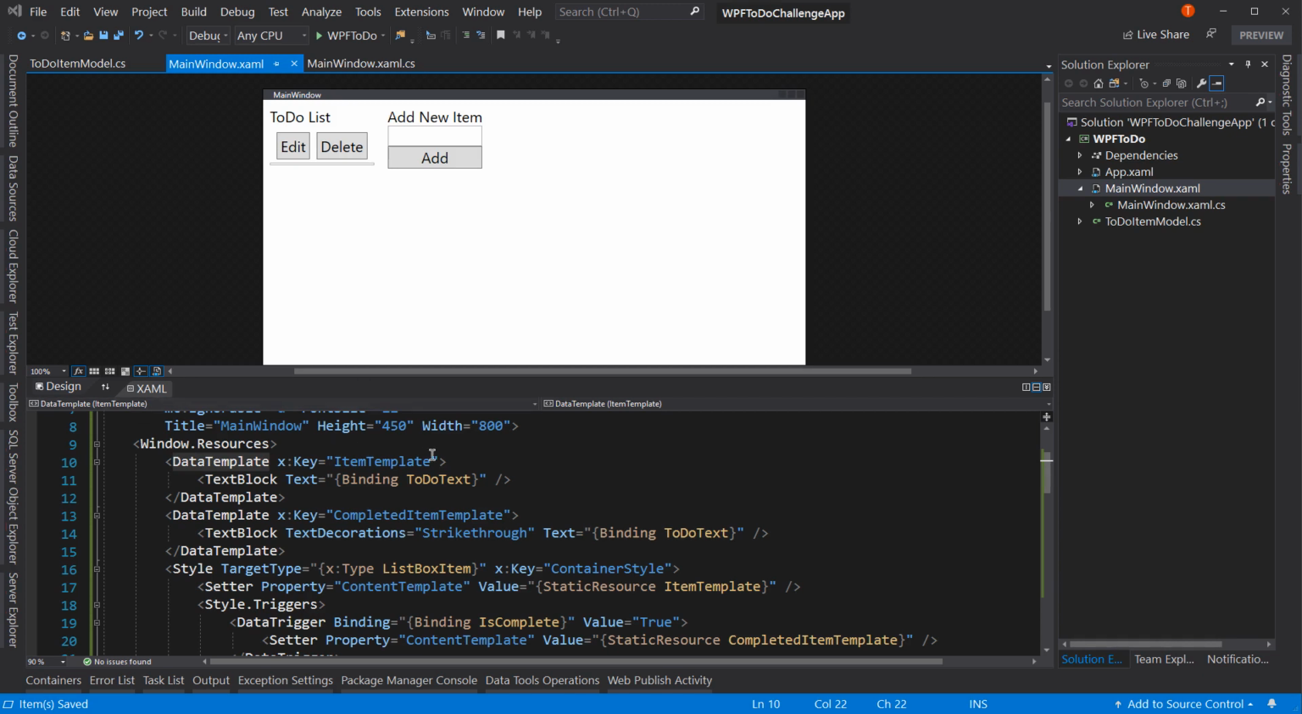So the bonus challenge has two parts to it. One is that we implement drag and drop on our list, which sounds intimidating. And then second, that we place the to-do items that are complete at the